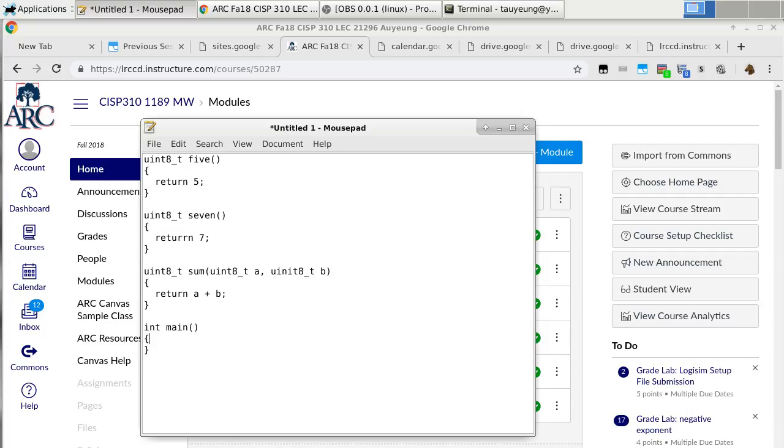Here's main, and main has its own local variable. We'll just call it x here, and x is the result of sum, but what I'm going to pass to sum is going to be 5 and 7, or the result of calling those two subroutines. So this is going to be the first thing that we do today, is to kind of look into this and go like, how do we utilize values of